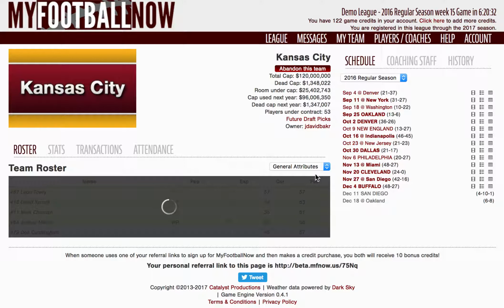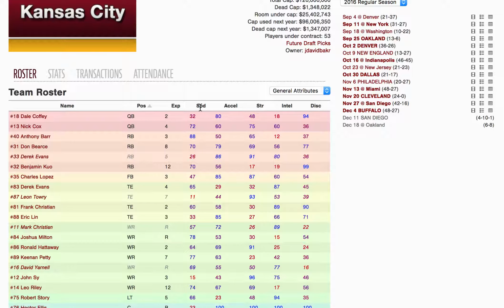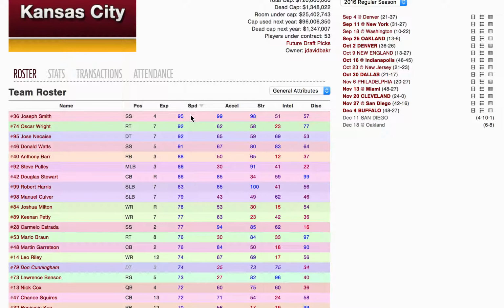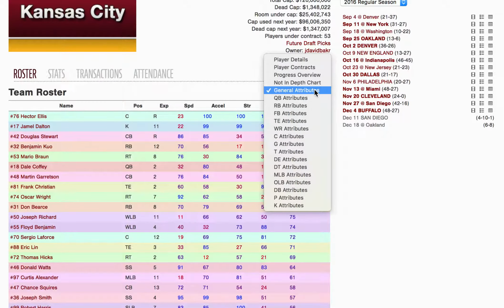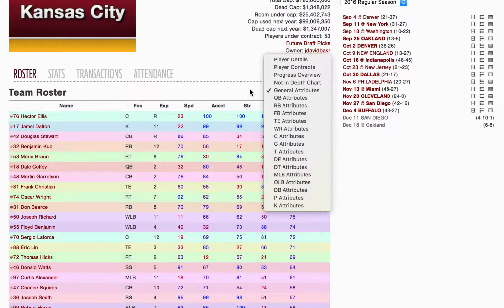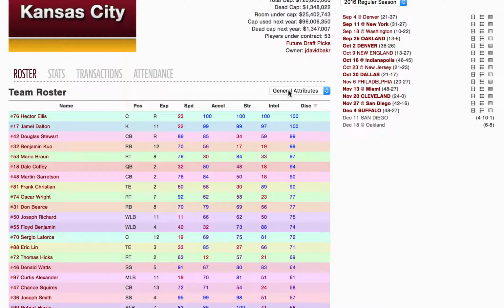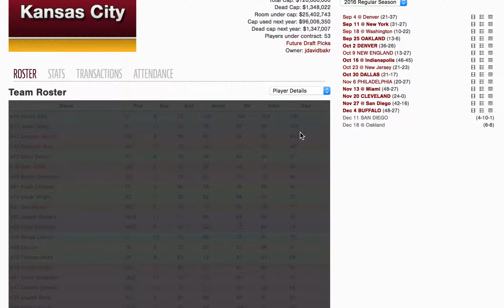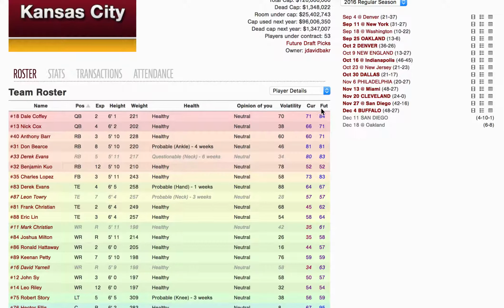The rest of these are just attribute views based on position or just the general attributes. If we wanted to see who our fastest player was, we can look at the speed attribute on the roster page here. If we want to see who our most disciplined player is, and of course we can look at it specifically based on attributes for the position. In our next video, we're going to talk about these attributes and about the positions and how the attributes are mapped to the positions, which in turn gets us our details and our actual overall current and future ratings and what those mean.